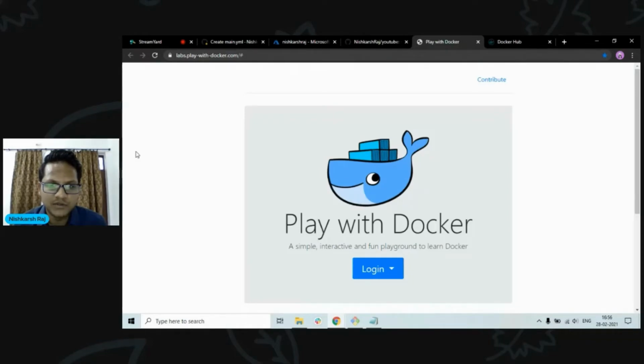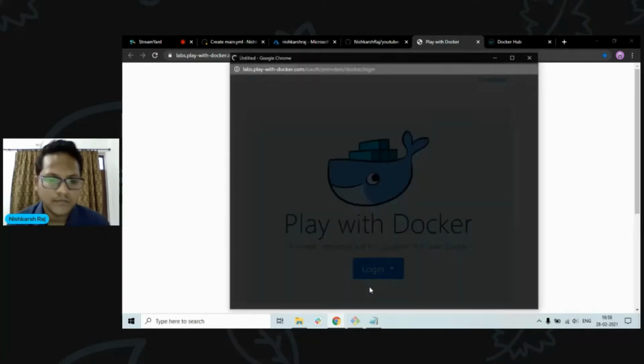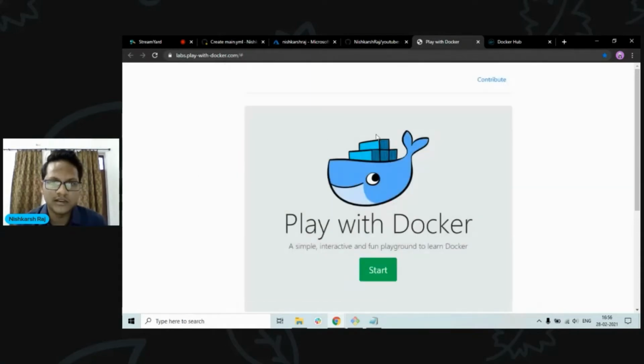It allows you to run Docker images and Docker containers without installing Docker on a parent OS, giving us a UI that is hosted in the browser itself. But it requires login access to your Docker Hub account. So let's start the playground. It will give us an instance that we can use for 4 hours, but it is not a hard limit.